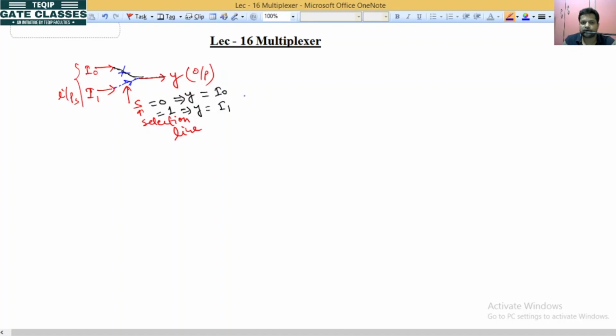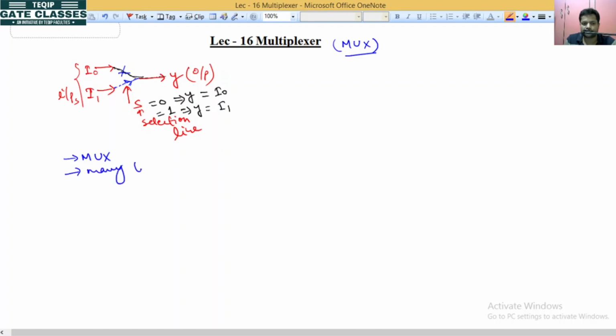So what do we understand from here? From here we understand that a MUX is also a parallel to serial data converter. So for this reason MUX has many names. The first is multiplexer. In short we know it as MUX. MUX means multiplexer. These are the names of the multiplexer.